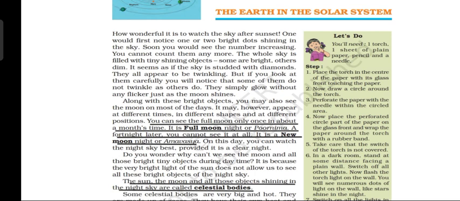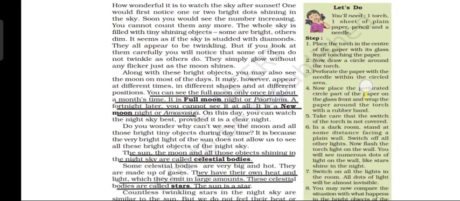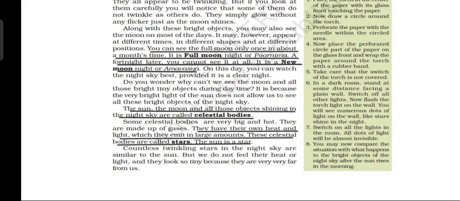Then you can watch the night sky in the best way. Now, let us look at the next paragraph. Do you wonder why we can't see the moon and all those bright tiny objects during the daytime? It is because the very bright light of the sun does not allow us to see all these bright objects